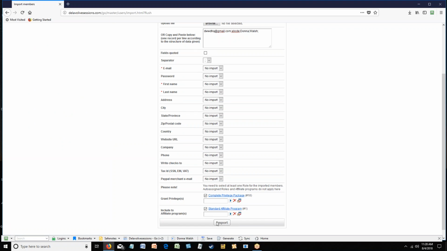Then you import them. Now, they're not going to be imported automatically. An email will be sent by Delaveau to them asking them if they want to subscribe, just like any autoresponder. So they will get an email message asking them to confirm if they want to be added to your Delaveau. So you can't be sneaky and just add people to your Delaveau. They actually have to agree to be added. Now, personally,